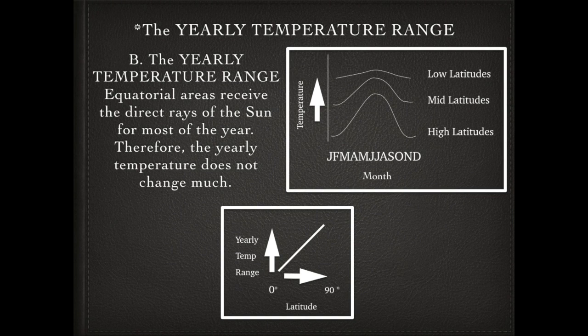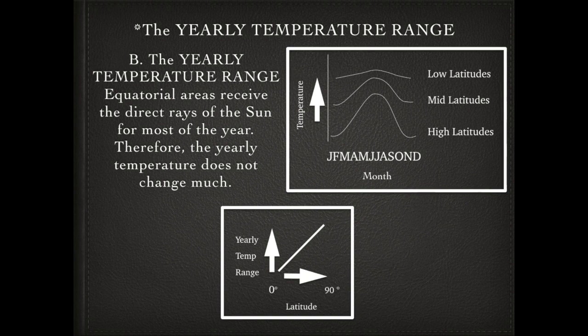So let's look at the graph at the bottom. Okay, 0 degrees. Is there a big change? No, we said it's pretty much hot all year round. But as we move to 90 degrees, there is a larger range, going from cold in the winter to hot in the summer. So remember, this chart is not saying the temperature is increasing. No, it's the range between cold in the winter and hot in the summer that is increasing. So at 90 degrees there's more of a difference between the months, while the equator is pretty much hot all year round.